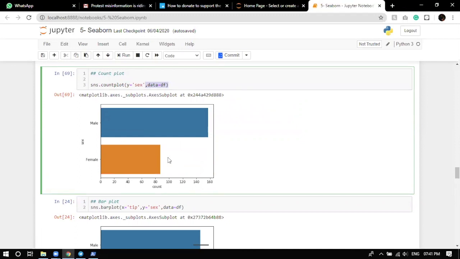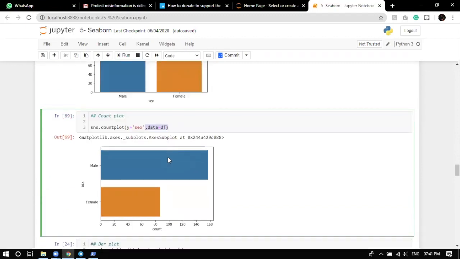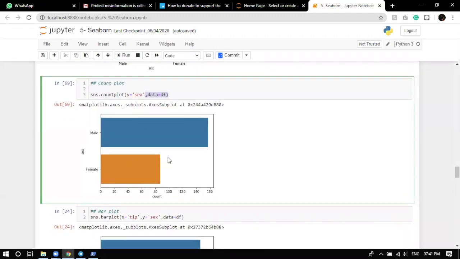Now this is a count plot. Remember, don't ever try to give both of the axes. Let's try giving both of the axes. One can be sex, and what else can you provide? Day, if there's something named day here.